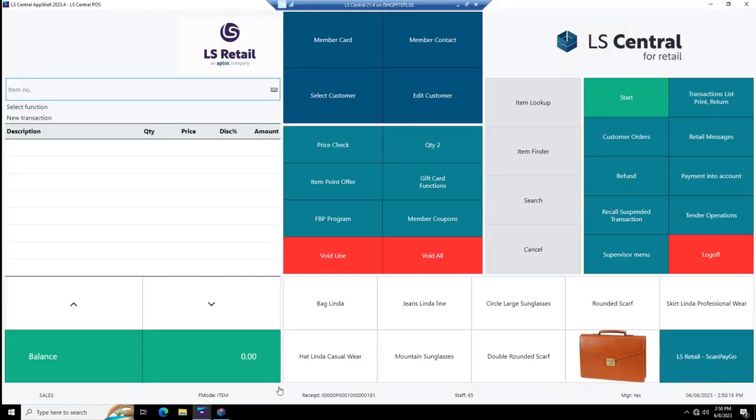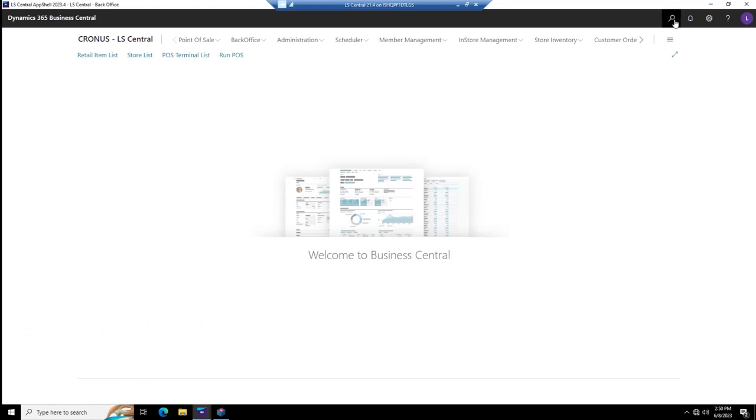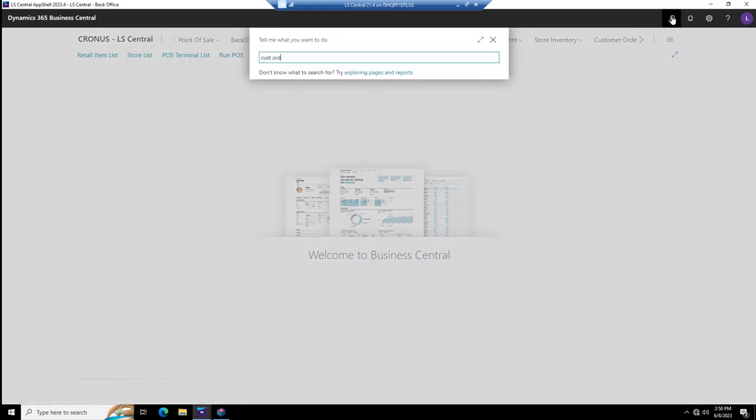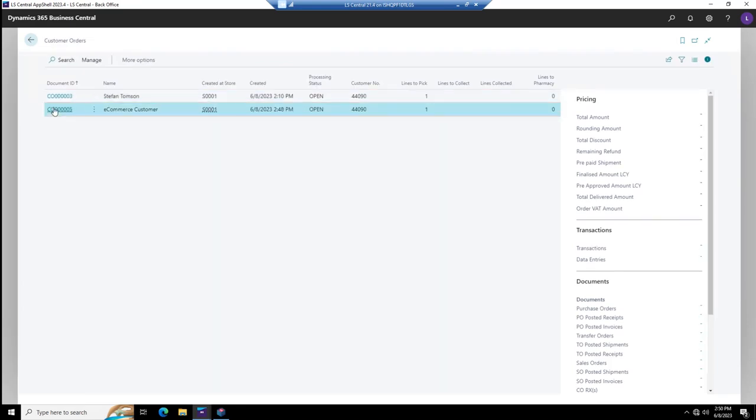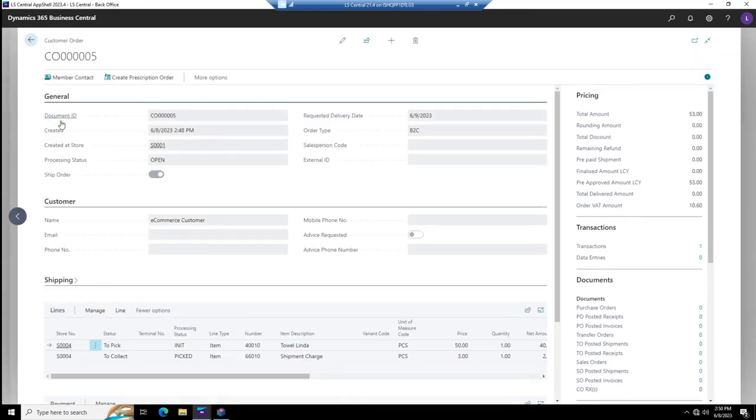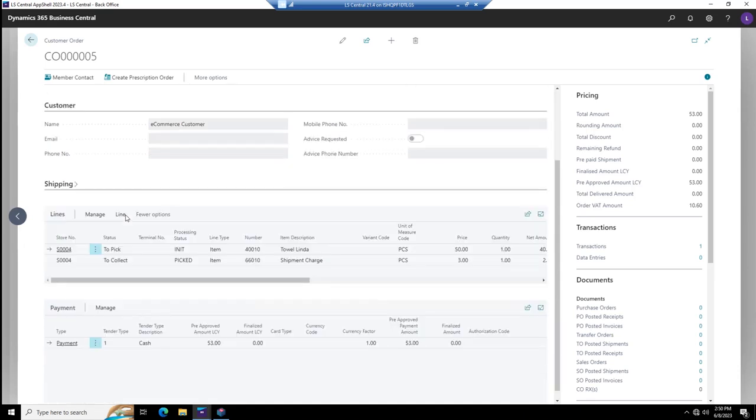So now the question is, where is the shipment order now? So we go to back office, open custom orders. We find our order with the information. And now you see that this order is actually in store 4. So stores can ship as well as warehouses. To finish this, you need to open a POS for store 4, go into custom orders, find the order, and then you can ship it. So the answer is in store 4.